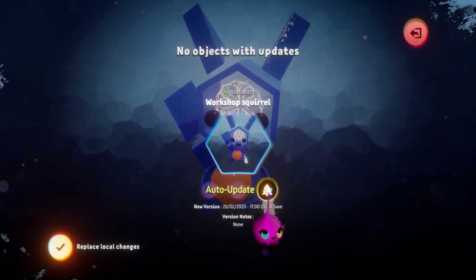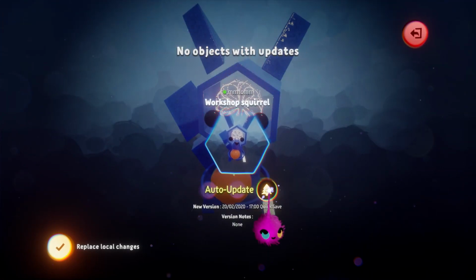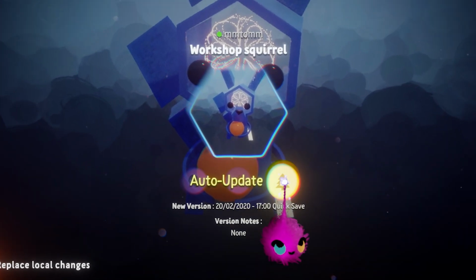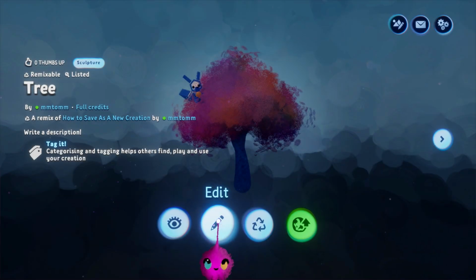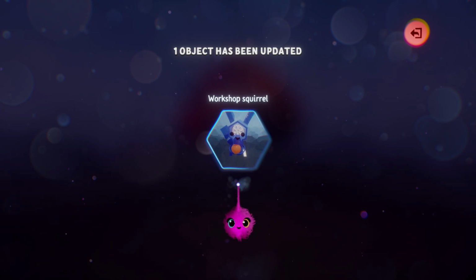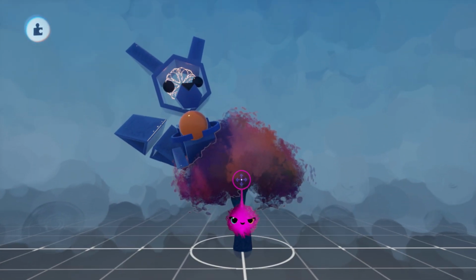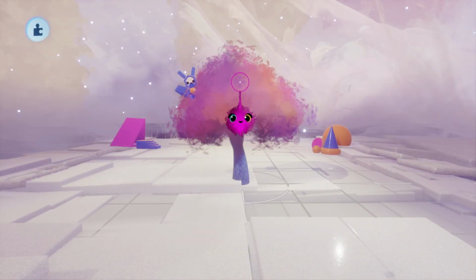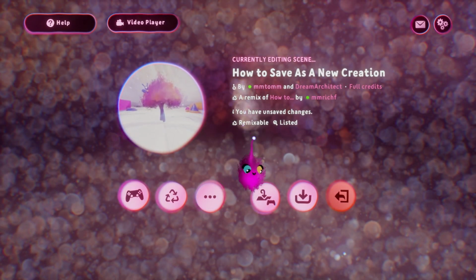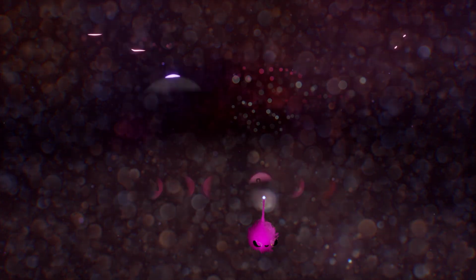When updating source elements, always check that the update hasn't messed up anything in the scene. For example, changes to the scale or orientation could completely change the look of the element. To confirm the updates, you just need to quick save or save a new version of the creation.